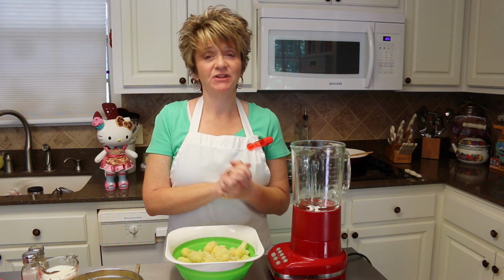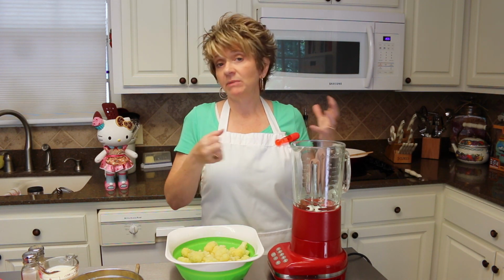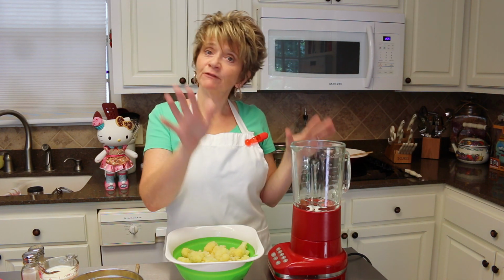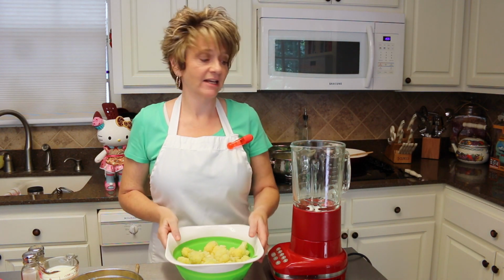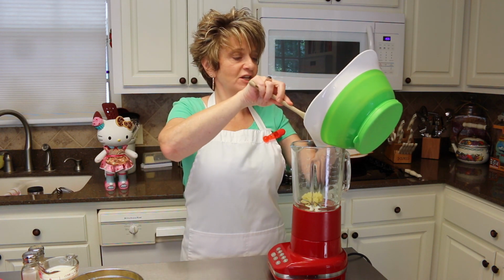Okay, for the next step to the Alfredo sauce, you're either going to need a blender, a food processor, or maybe even a handheld mixer would work if you do not have the blender or food processor. I cannot say because I've never used the mixer, but I'm assuming that it would work pretty good for you. But anyway, we're going to go ahead and add in our cooked cauliflower, and it's nice and tender and soft,